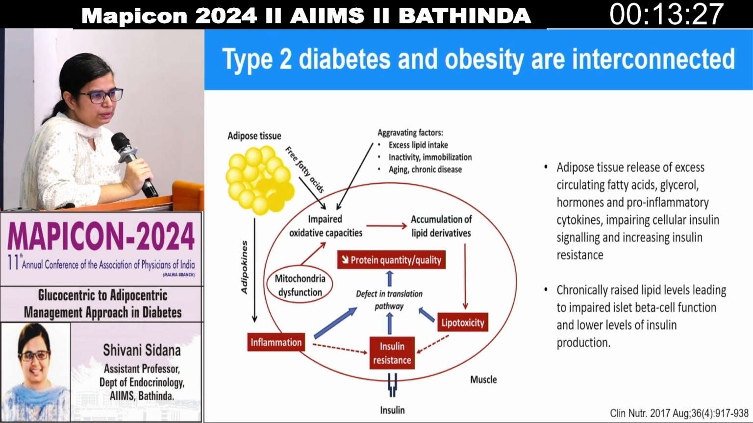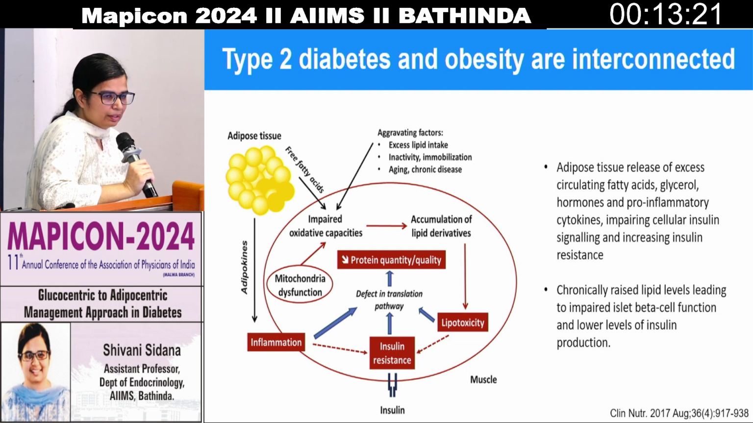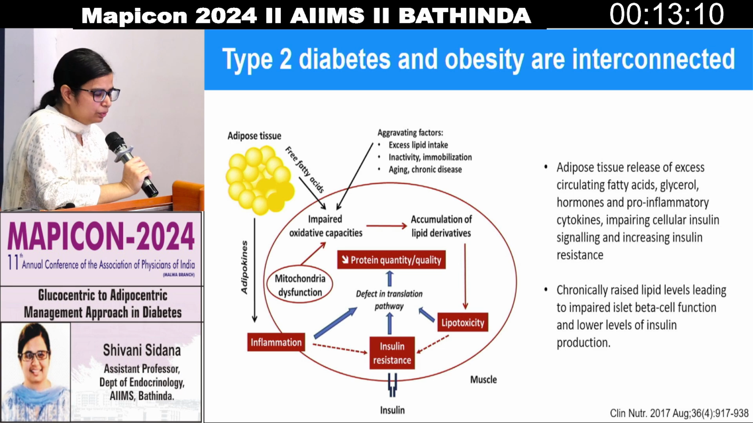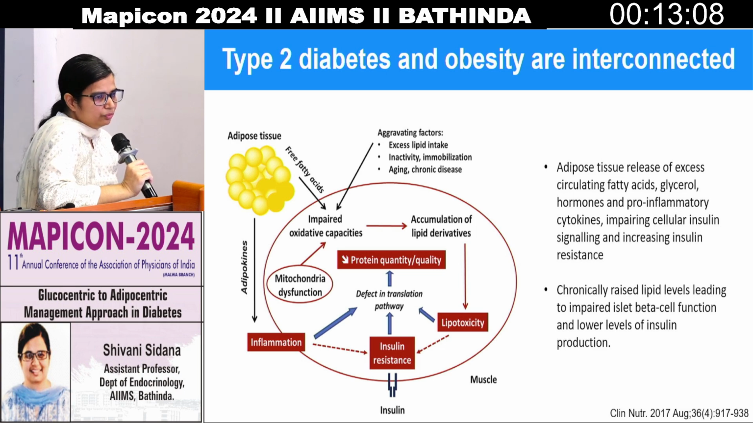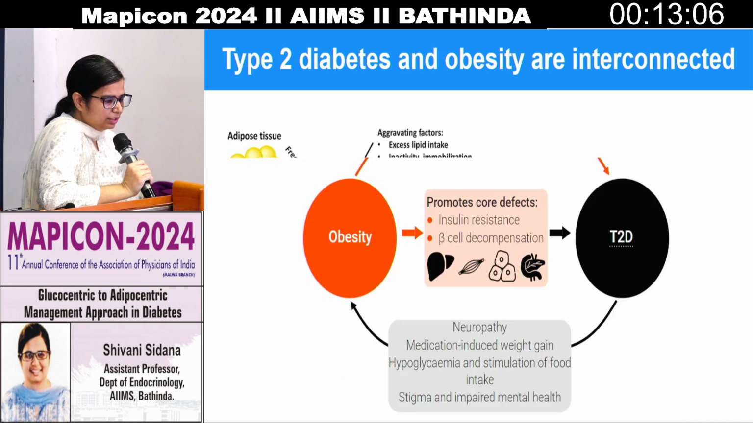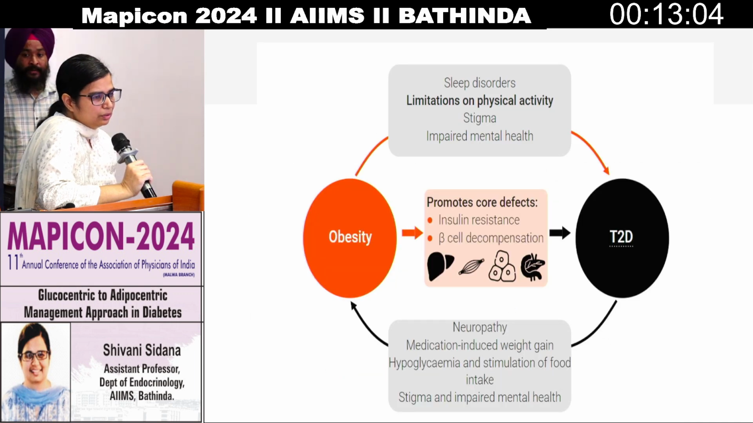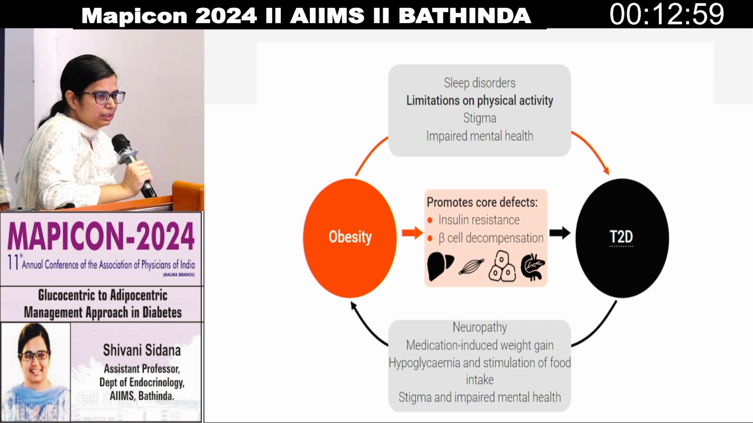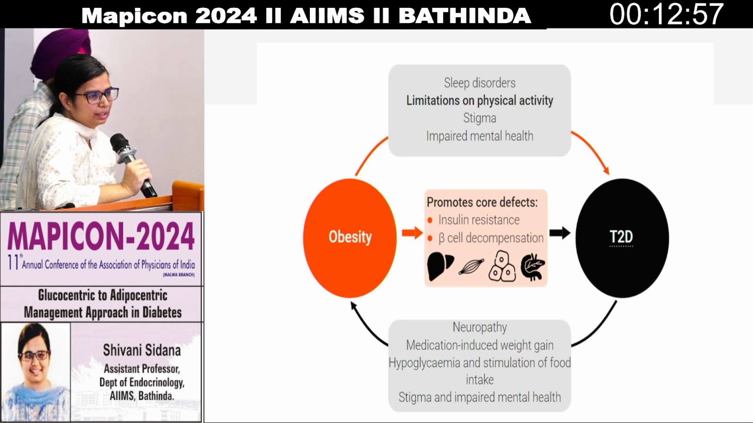We all know that obesity is a state of chronic mild inflammation because of the release of adipokines by the adipose tissue. It leads to insulin resistance. Besides this, there is release of free fatty acids into the circulation by the adipose tissue that lead to lipotoxicity, intracellular changes, and mitochondrial dysfunction, which further increase the insulin resistance. So, obesity not only increases insulin resistance, but because of lipotoxicity, it also causes beta cell decompensation that leads